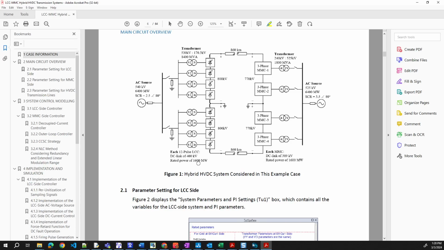Because what I see here is 1,600. I think that's for a single pole. If that's for a single pole, this link is 400. Yeah, this link is 400. So why do we have 800?